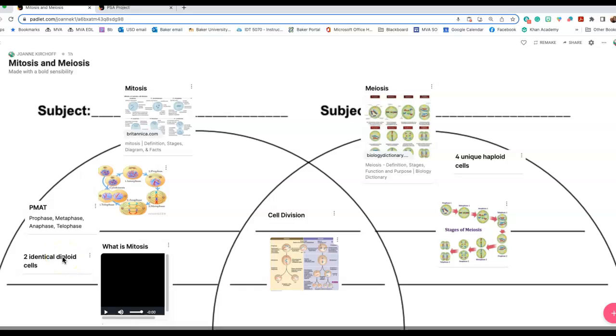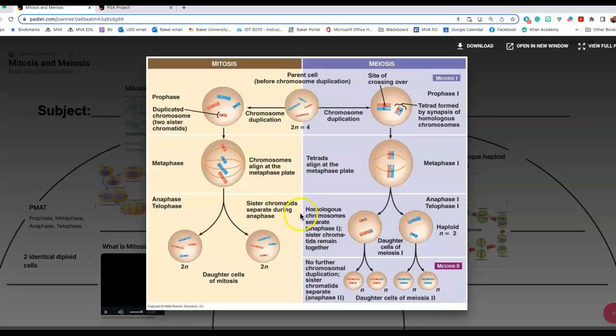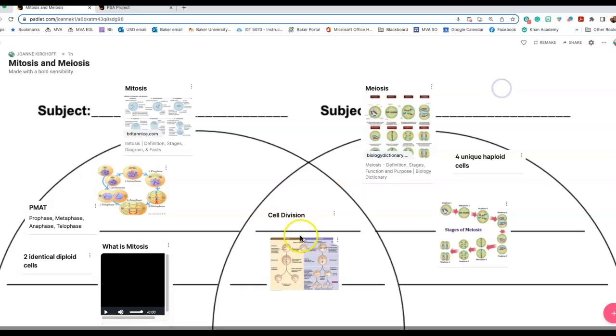The students can type up things that they know about it that are different from one another, and similarities. Here I have a picture, a diagram that has mitosis on one side and meiosis on the other. It's just in the compare section. Students can also upload their voice,